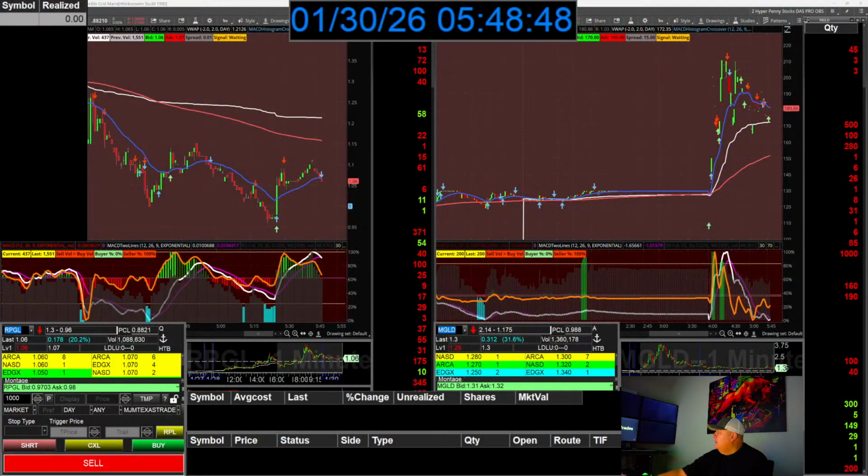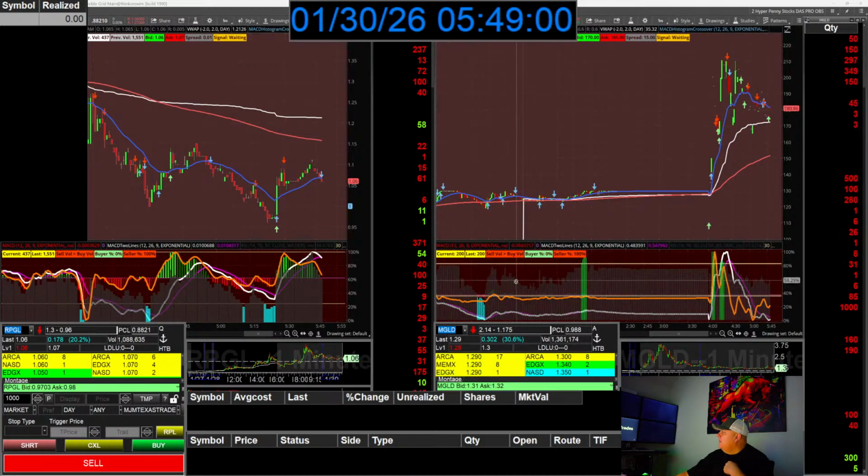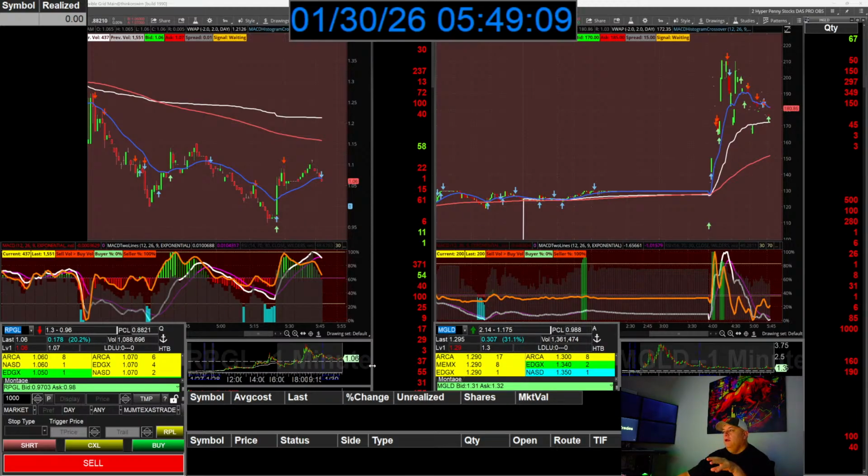So I'm going to go to one of the first screens, and on the screen on the left there, it's going to have my realized gains and losses for the day. Of course, we all know the date and time on top, and in the middle there, on the bottom next to my picture, it's going to have detailed information of me going in and getting out of every stock.